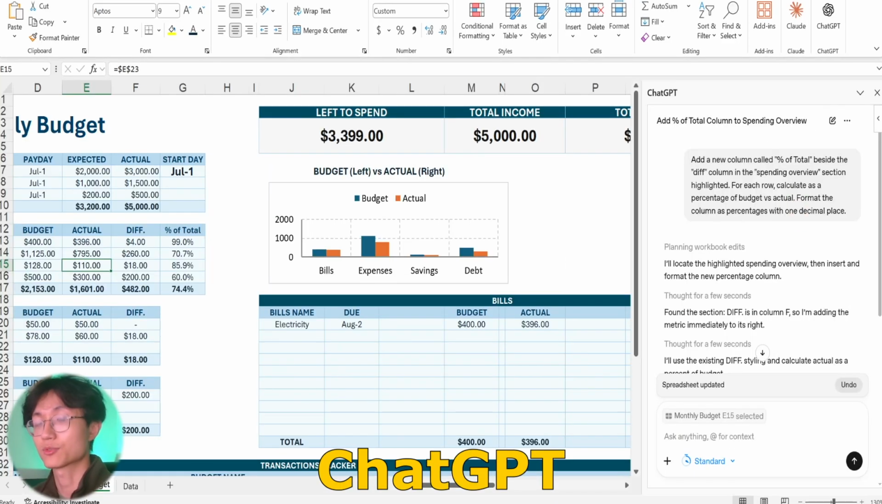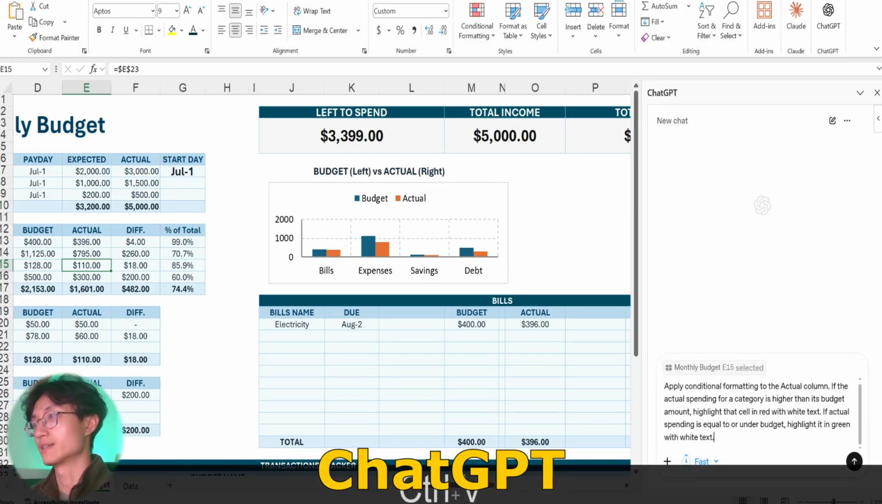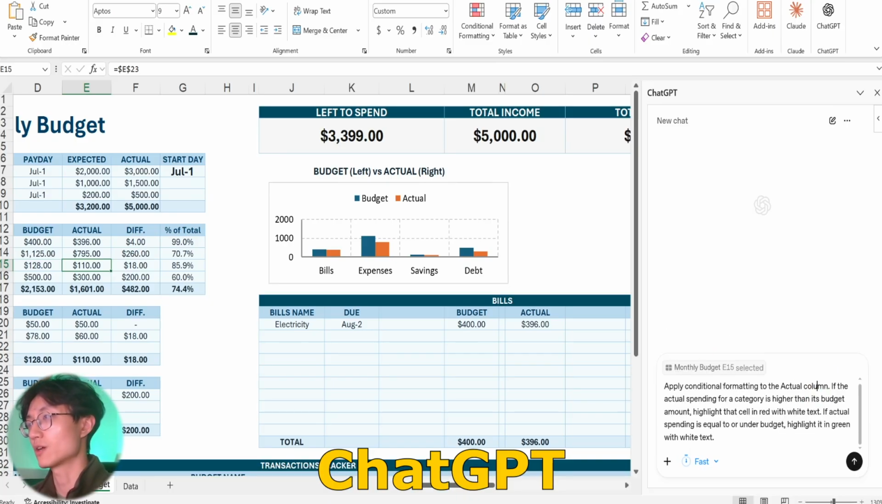Alright, for the next task, we're going to apply conditional formatting. We're going to open a new chat just in case it has the context from the previous chat and it's going to mess up its reasoning. So we always start with a new chat if possible, and Control V, apply conditional formatting to the actual column. If the actual spending for a category is higher than its budget amount, highlight the cell in red with white